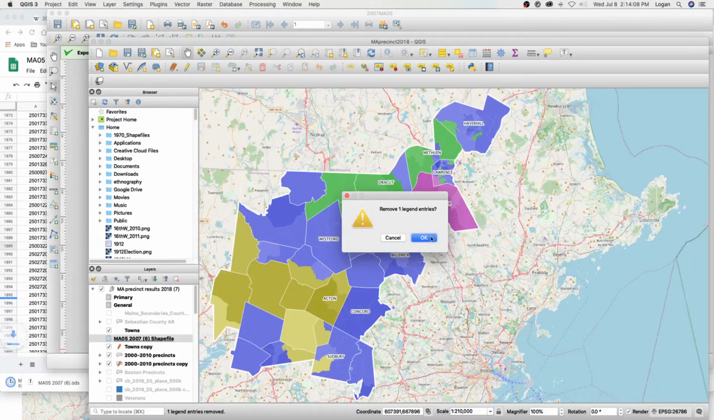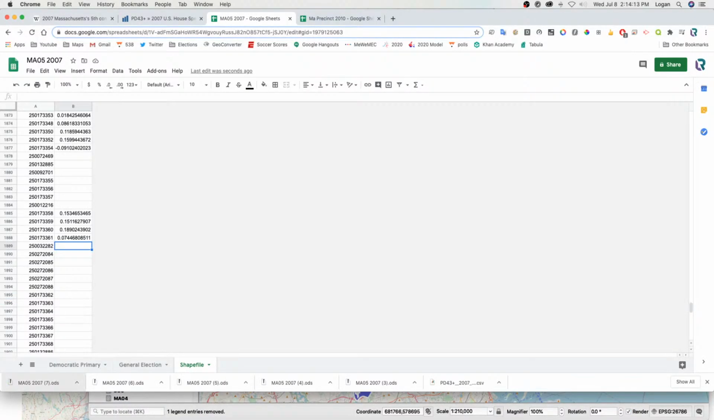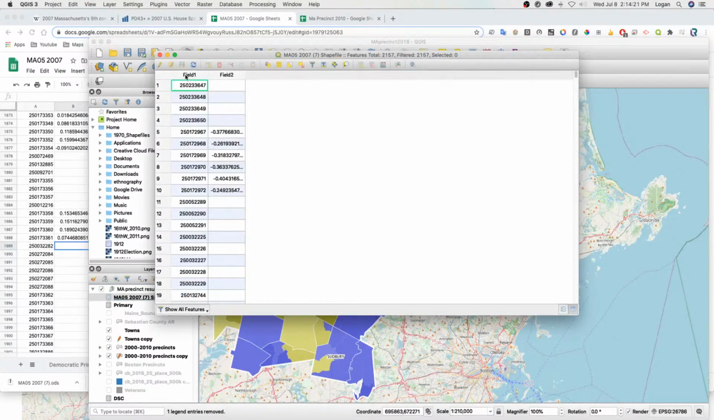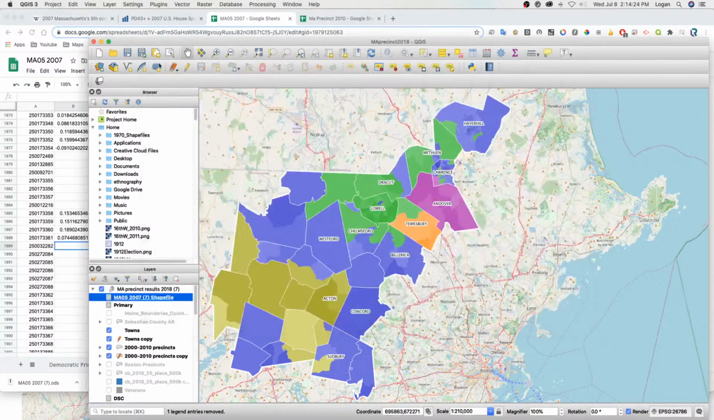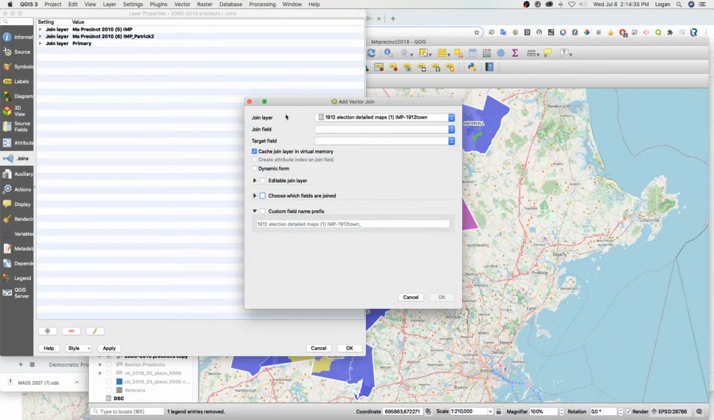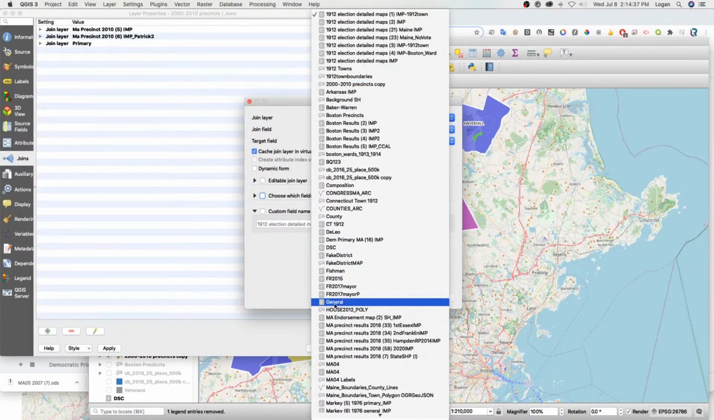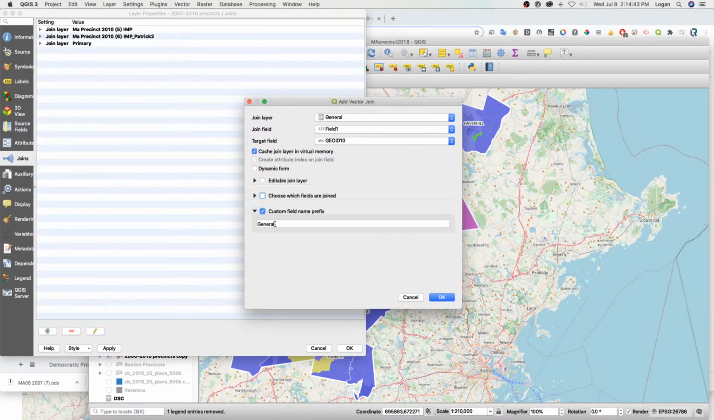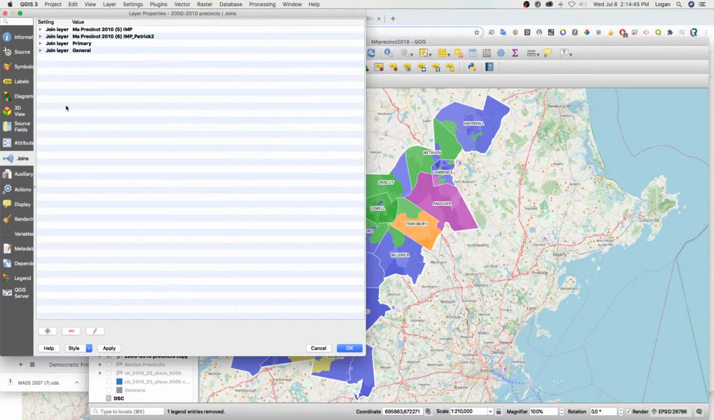Get rid of my old ones, these ones that are not working. Let's try this now. Yes, now it recognizes it as an integer. That is what was happening. Well, this should work now. So properties, join the general results with the, this is the GeoID. Then we'll say general underscore, and then go